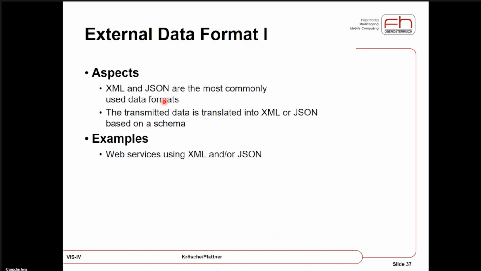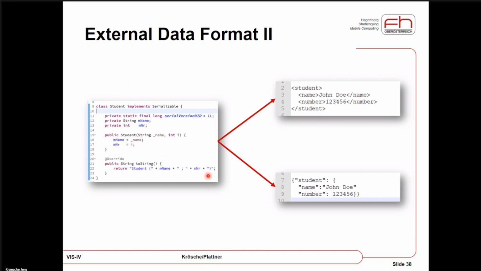And that's currently the religious war, why XML should not be used and JSON should be favored and stuff like that. And what we will later see is that when we play around with the so-called web services, which are again some kind of middleware technology to be able to execute something on a remote computer, they quite extensively use XML and JSON to express whatever they want, at least in some parts of their existence.